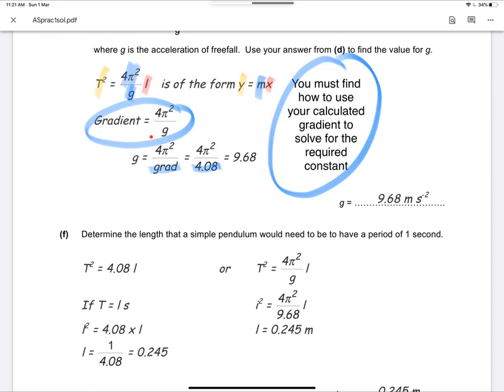So you're expected to recognize that, find how the gradient is related to the constant that you're trying to find in the equation. In this case, it's very simple. We just say this, you get a mark for saying that, and then rearrange it, put your number in, 4.08 for this particular data set, and calculate the value, keeping to the same number of significant figures as throughout. So in this case, 3. Give the unit and